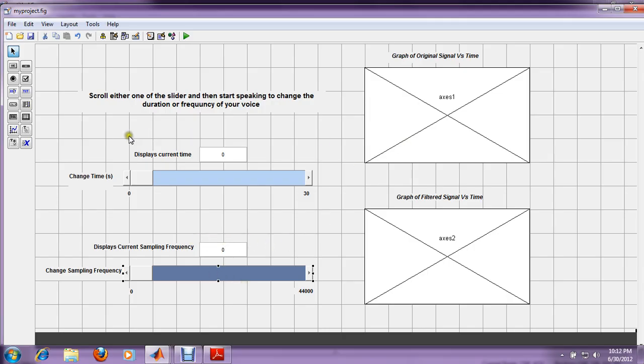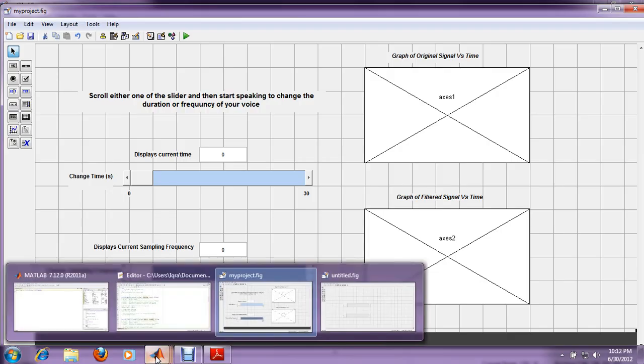And there are two axes. Plot the axis from here and change its characteristics. Now to code this value project,